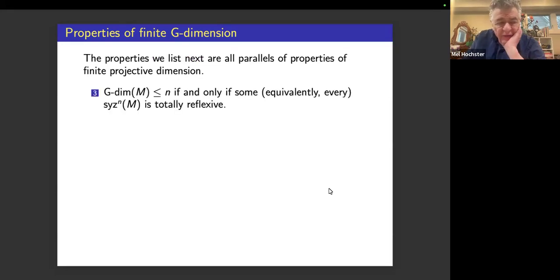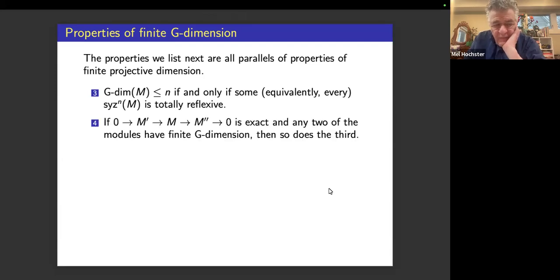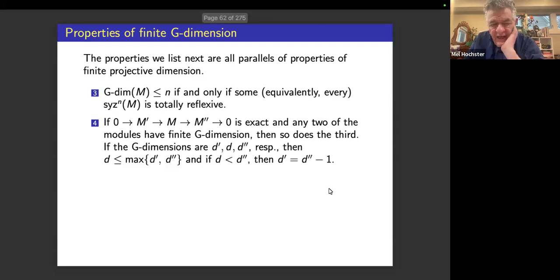So the G dimension is less than or equal to n if and only if the nth module of syzygies is totally reflexive. Of course, if you had projective dimension, the nth module of syzygies would be projective. And if you have an exact sequence and two of the modules have finite G dimension, so does the third. And you get the same kind of results as you do for finite projective dimension. So